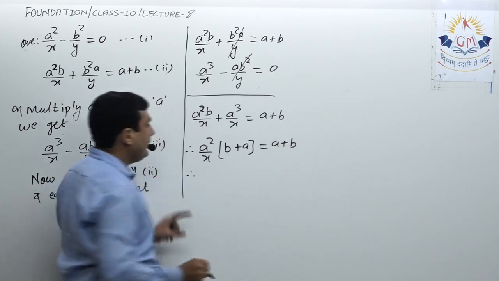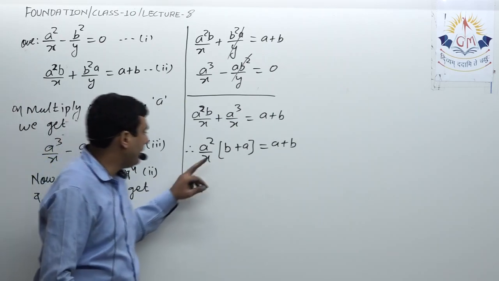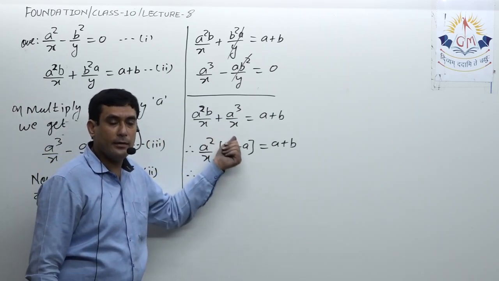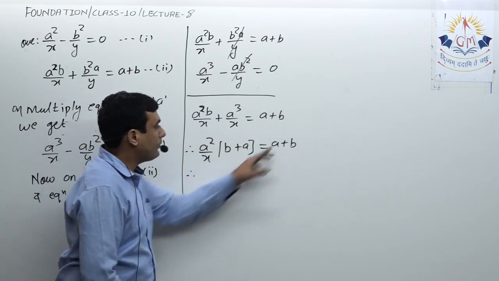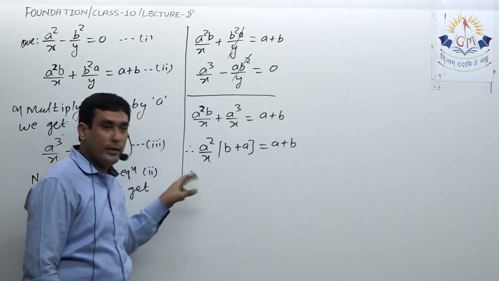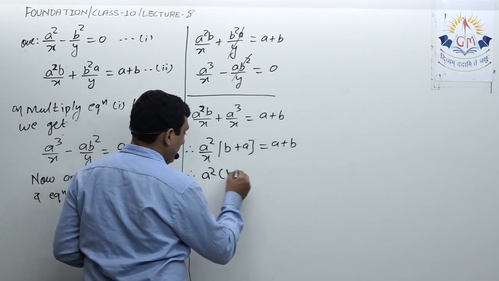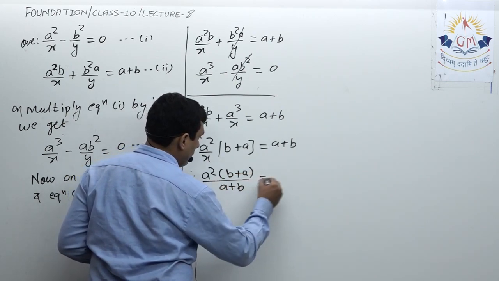So now what I need to get is the value of x. There are one or two ways simply. First I reciprocate over here only, so that x gets in the numerator. Or I can take this x over there and that a plus b over here. So this will become a square b plus a upon a plus b is equal to x.